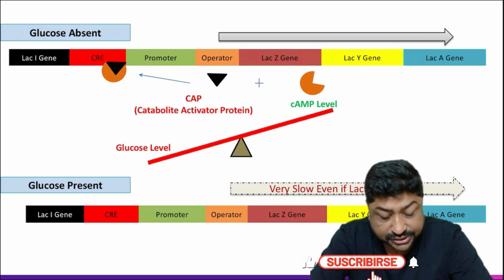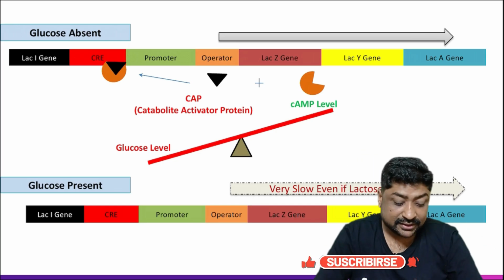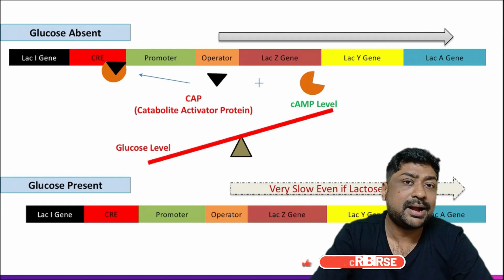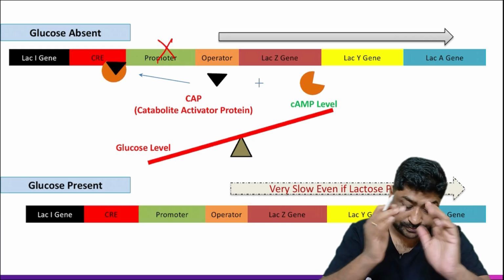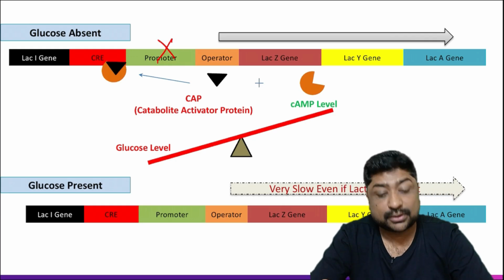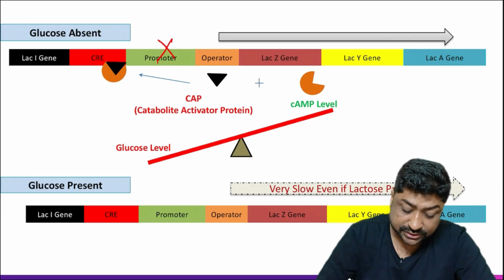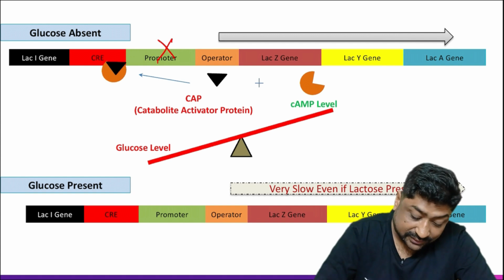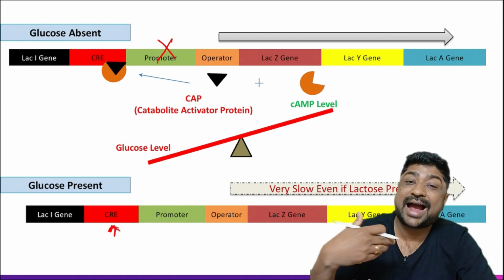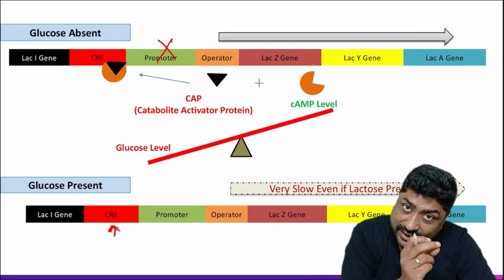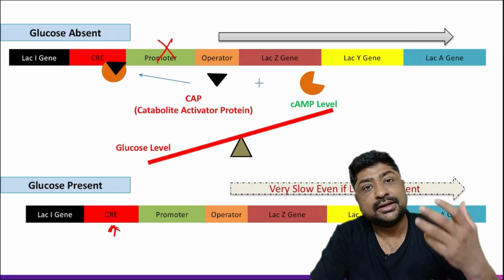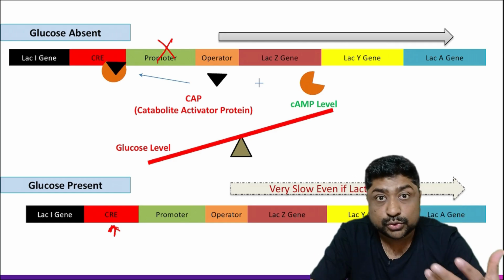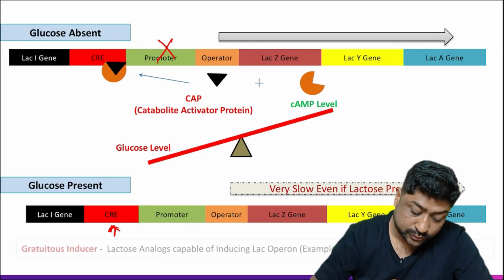Now imagine a situation. If lactose is not there, then no transcription will happen. It doesn't matter if glucose is there or not, because if lactose is not there, this promoter sequence will always be closed. Now imagine both glucose and lactose are there. Then what will happen? This will be free. It will not be actively calling the ribosomes. So the transcription will happen, but at a very slow rate. And this is what they want. If both glucose and lactose are there, the bacteria wants to use glucose as a source of energy and not lactose.